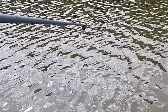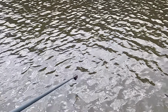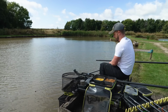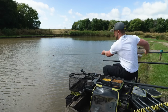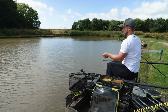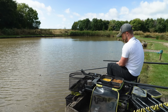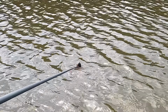power slim into position, and we're just hoping that there's one of those great big resident carp that patrol the marginal shelf sitting there. That is just sitting a little bit low, so I'm just going to slip back in and just pull that back shot up out the way for now. So I'm going to put her in a nice straight line, down we go. Clickers to hand,